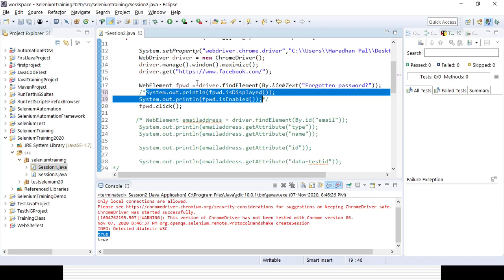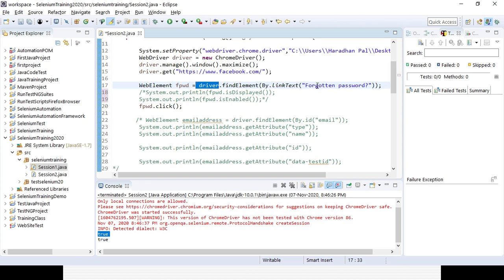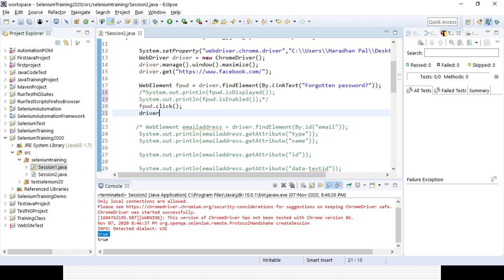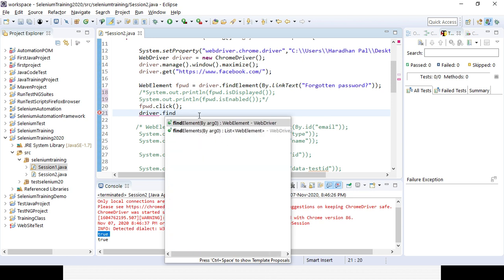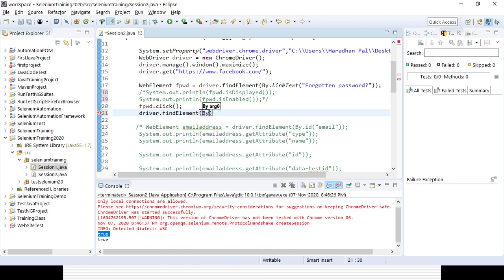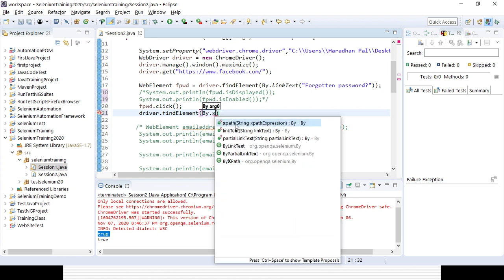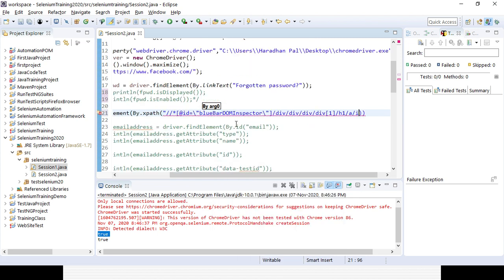So here I am opening the Facebook page first. After that I am clicking on the forgotten password link. Then I want to identify the element with the help of XPath and click on that image. driver.findElement(By.xpath and you need to enter the XPath here.